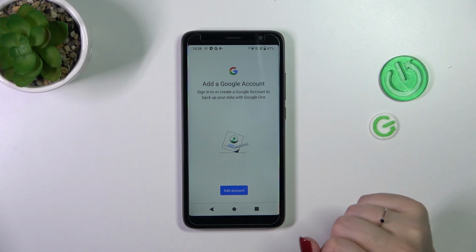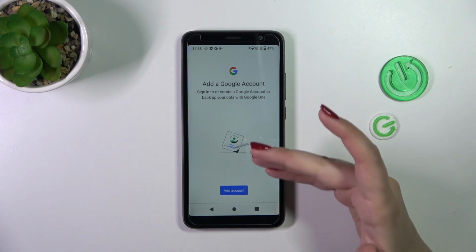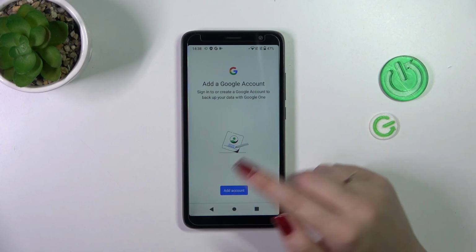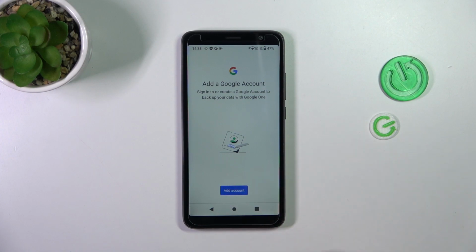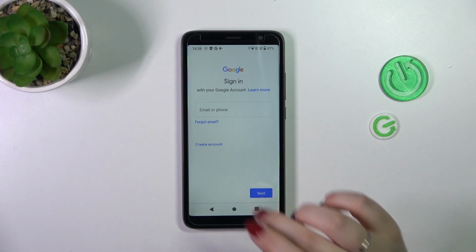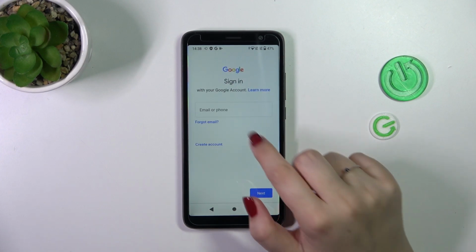Of course, if you've got your Google account currently added to the device, you will be able to simply pick it from the list and then assign the backup to it. If not, you have to go through the whole operation of adding it. So let's tap on Add Account and make sure that you've got the internet connection because it is required for this operation. From this step, we can either create a new account if you do not have your own yet,